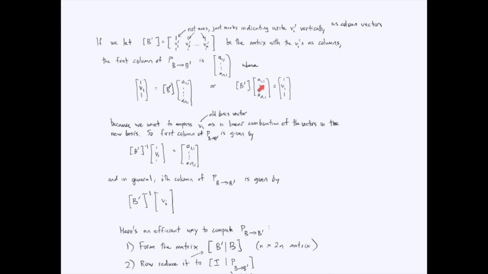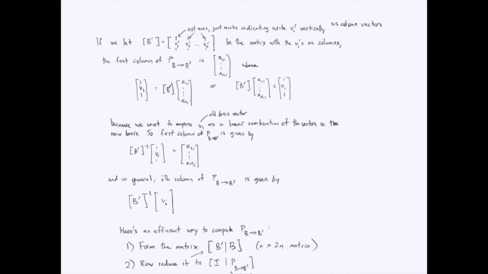And this is the first column of P. And again, the reason for why this equation holds is we want to express V1, the old basis vector, as a linear combination of the vectors in the new basis. And so then solving this equation for this unknown here,